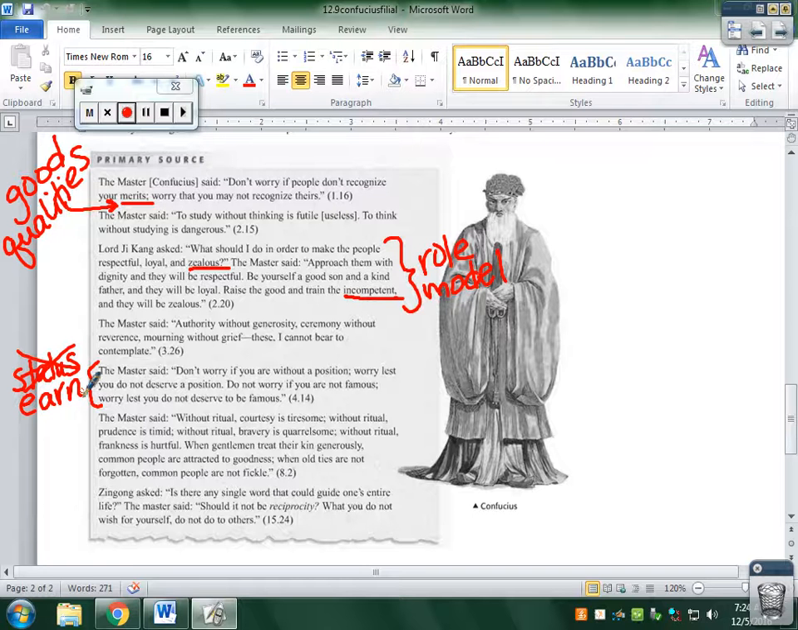The master said, without ritual, courtesy is tiresome. Without ritual, prudence is timid. Without ritual, bravery is quarrelsome. Without ritual, frankness is hurtful. When gentlemen treat their kin generously, kin is family, common people are attracted to goodness. When old ties are not forgotten, common people are not fickle. Fickle means to change your mind. So what he's saying here